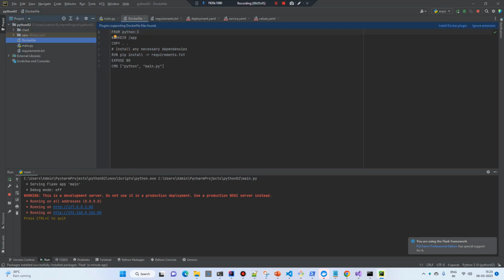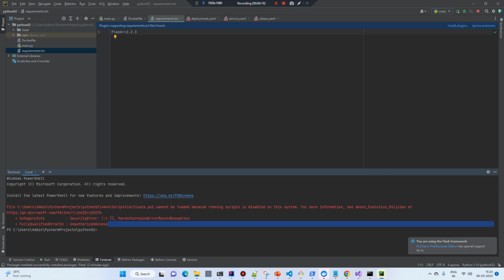Okay, so this is my simple Dockerfile, which will just do the basics: from a base image Python 3, it creates a work directory, copies the necessary folders, runs the requirements.txt, exposes port 80 and sets the entry point as main.py, and the requirement we have is Flask 2.2.3. So that looks pretty okay. And now we can go to the terminal,